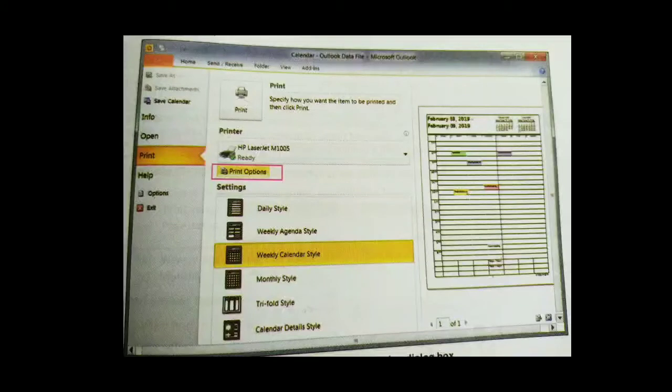Each page includes a 6 week range surrounding the month. It also prints the reference calendar for the selected and the following month. Trifold style. This style will print a page for each day that is selected in the date range. Each page will include the daily schedule, weekly schedule and daily task list.